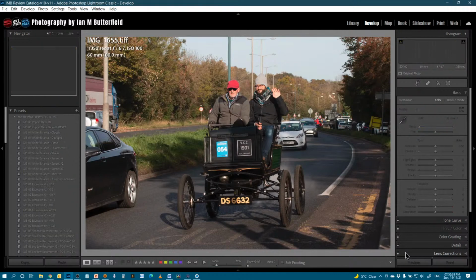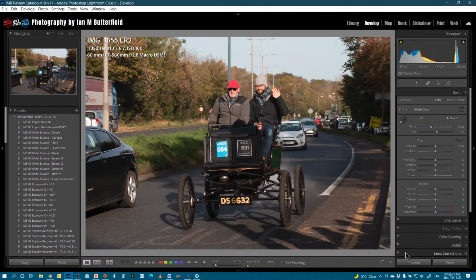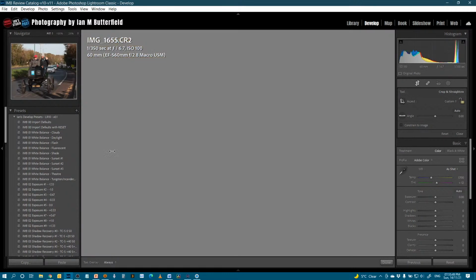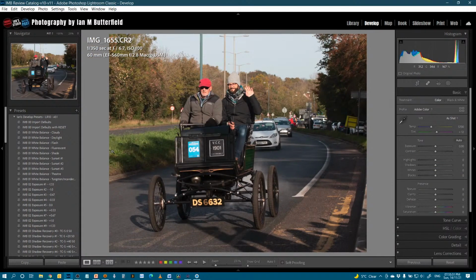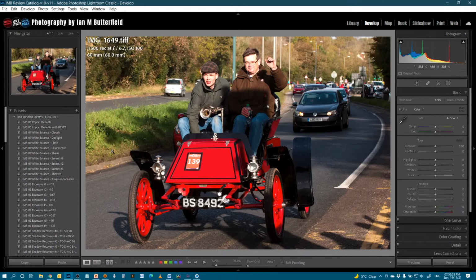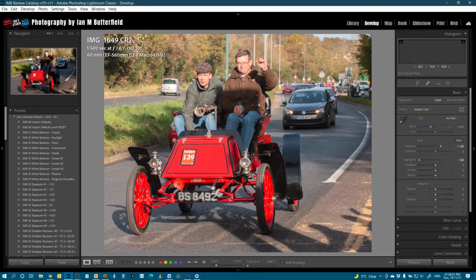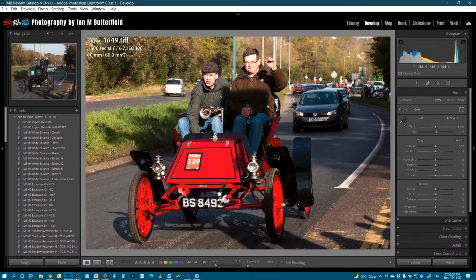yeah, it's just a straight crop, isn't it, on that one, I think. Yeah, right onto the edge of the car. So you've basically cropped it there, I think. Yeah. No, you've got more. So yeah, I'll give you the edit on that one. That's a good one. Nice one.